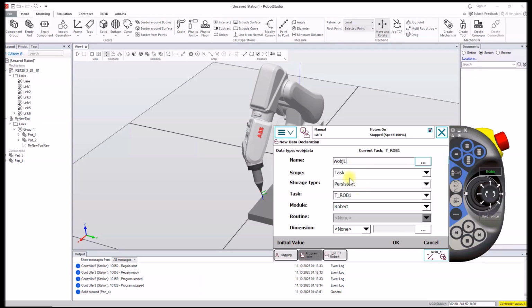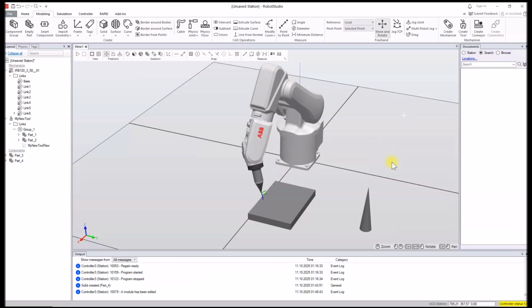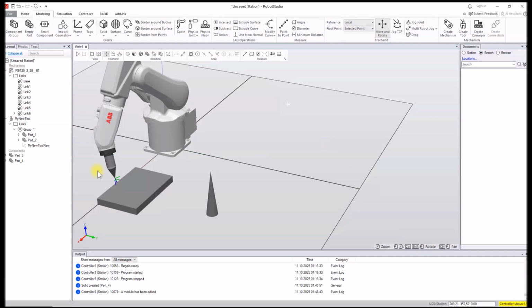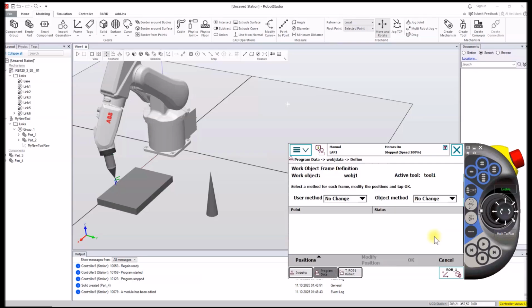It can be like this. Scope can be global, and we save it in module Robert. It's okay. And now the calibration. I will shift it a bit, maybe like this, and expand, edit. It's similar to the tool menu. We choose define, and